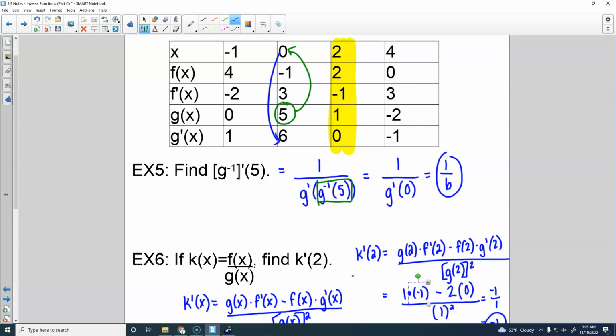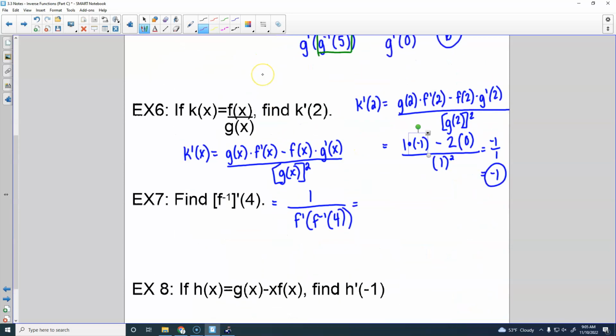What is f inverse of 4 going to be? Okay, negative 1. All right, so we're looking right here. We're looking at the f line, which is like our y coordinates for the f function, right? 4 is here. The x that goes with it is negative 1. So that would give us